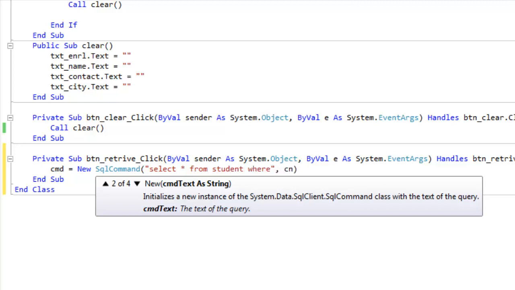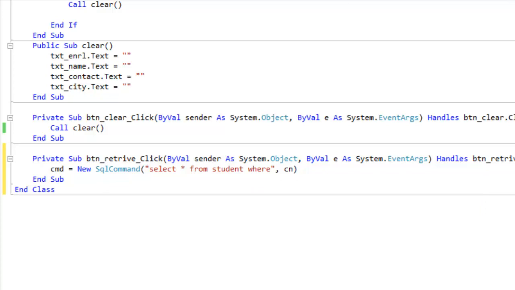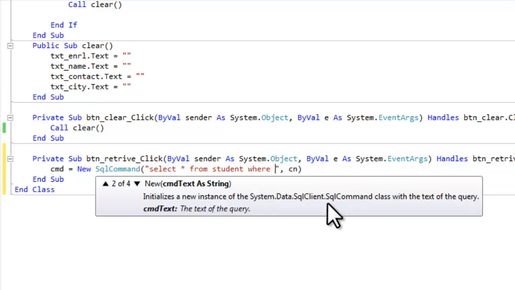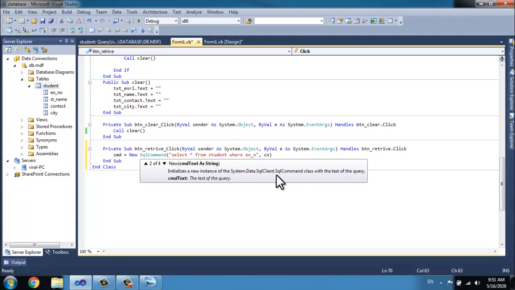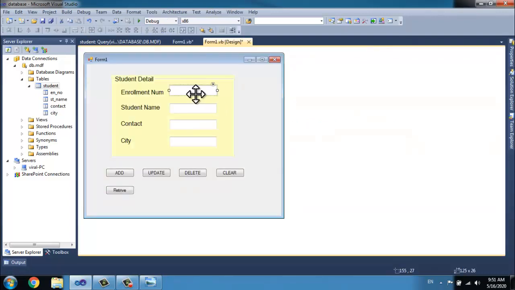where, from which column, enrollment number. Where enrollment number equals the enrollment number which we are entering in the text box. Which text box?